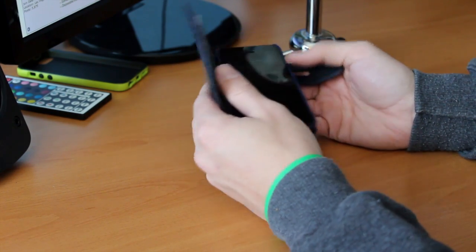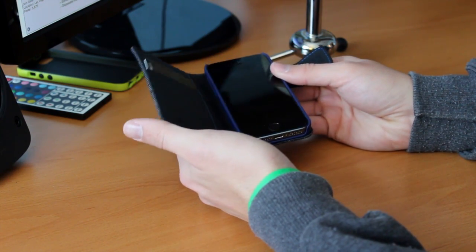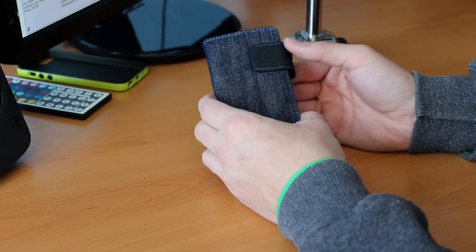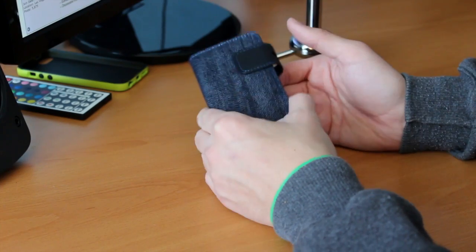But for me personally, I prefer my screen to always be exposed. It's just how I am. But if you are into this form factor and its overall case design and style, then yes, this definitely isn't an issue with you. And now my second con, I gotta say, using this phone when the case is open,